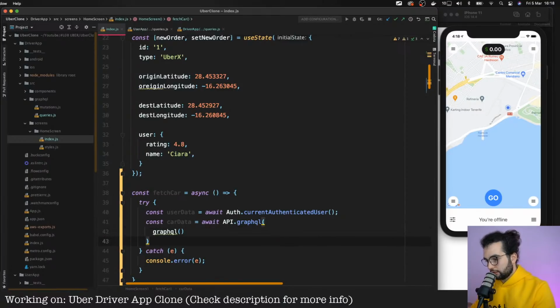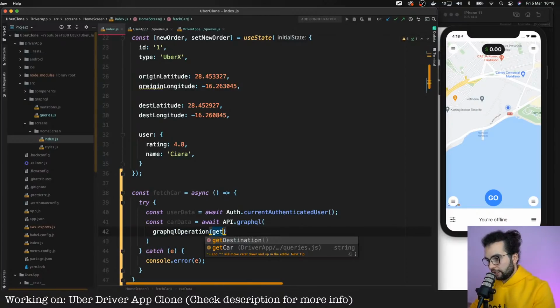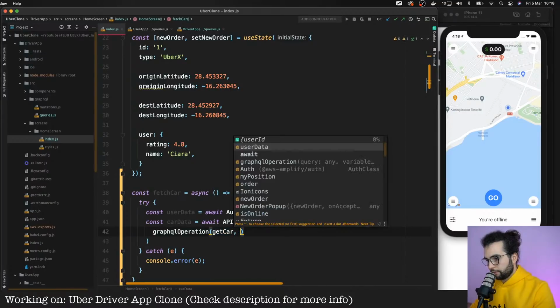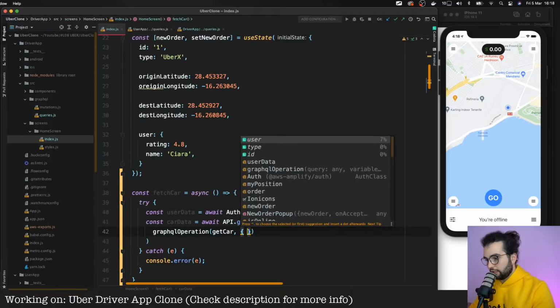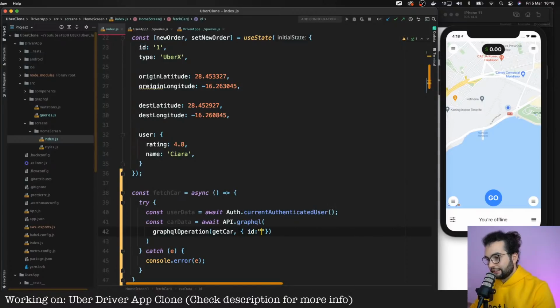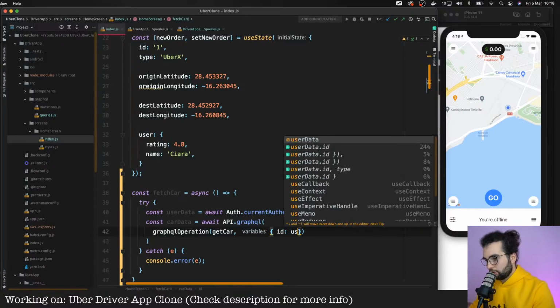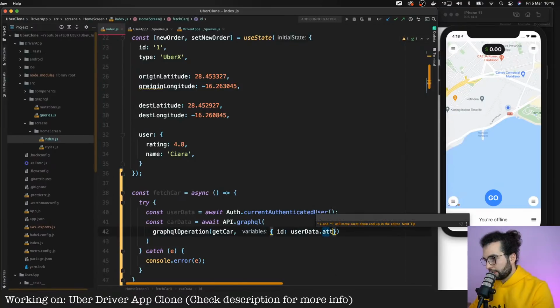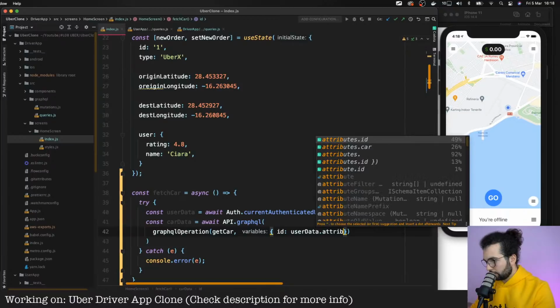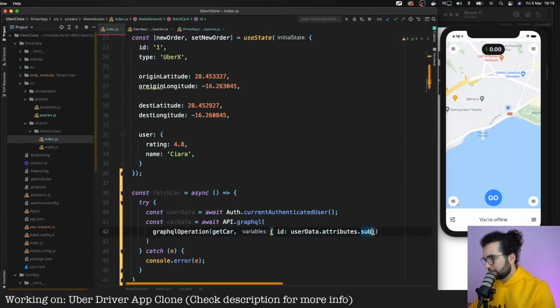And the operation will be getCar. And the variables will be, I think ID is going to be userData.attributes, not ID but sub, like that.